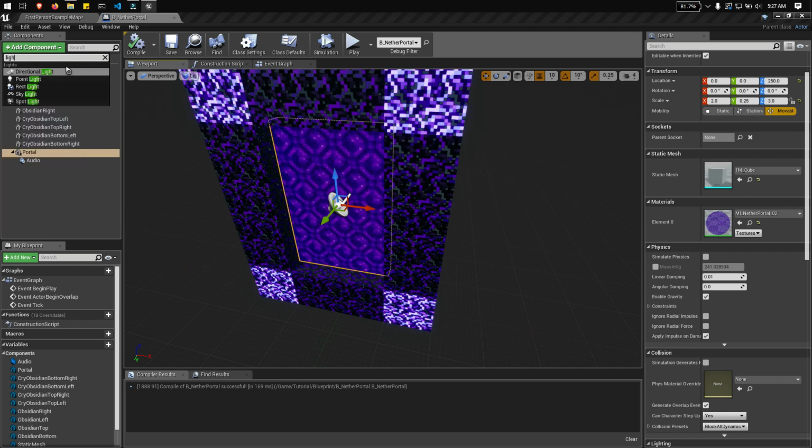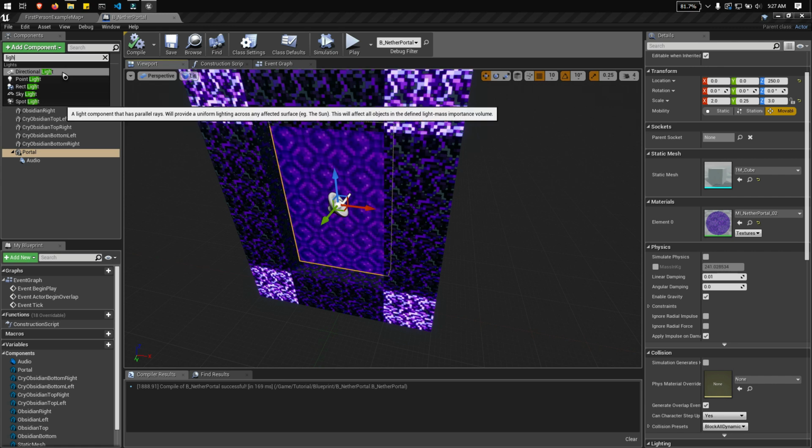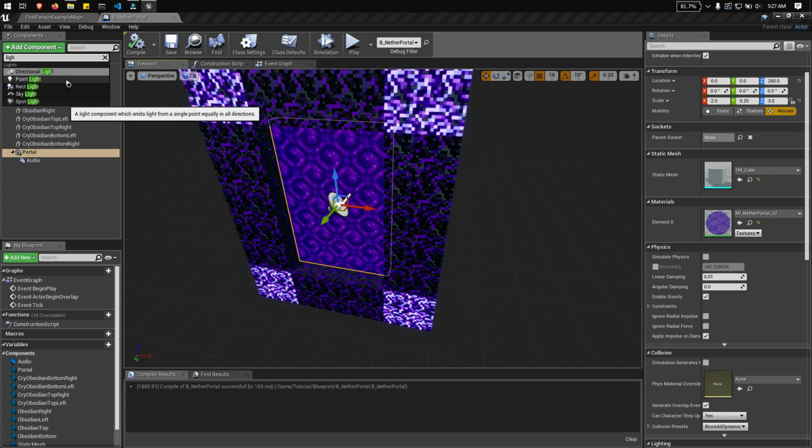There are different components of light that you can use. You have directional, where you can apply a light just like a flashlight. A point light, you use when you're creating a candlelight or a fireplace.